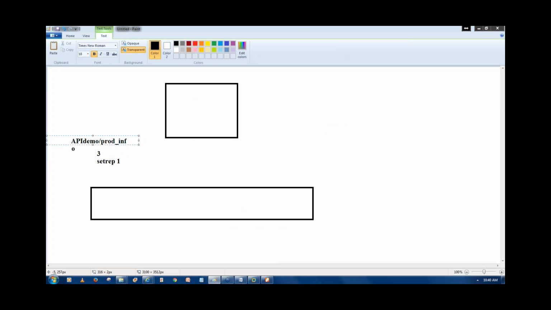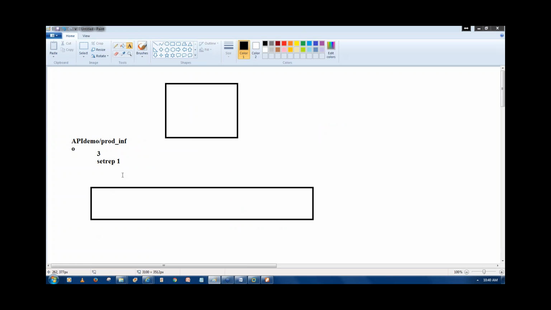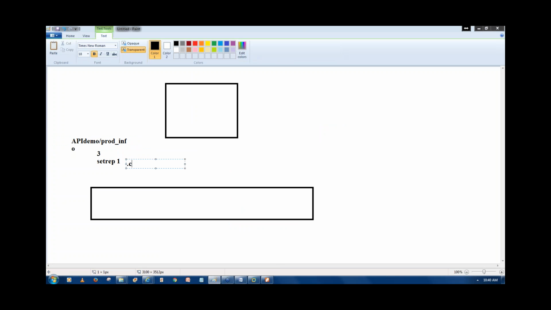Edit log, right? No, the name node will create a temporary file with the extension crc, in the same place. So what is the file you are going to write? Prod info, right? So it will create a hidden file. The hidden file name is prod info dot crc file. It's a cyclic redundancy check. It's a one bit file,